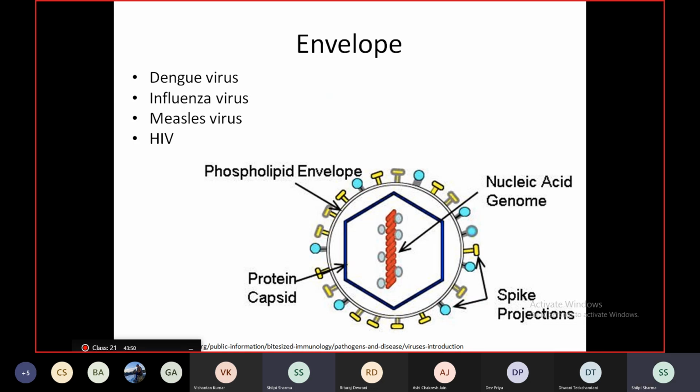Now there are some viruses which have an additional covering called the envelope, which is usually derived, like I said, from the host cell membrane. It is made up of a lipid bilayer, the exterior of which is impregnated by virus-encoded membrane proteins. I mentioned to you that there could be modifications of the cell membrane of the host. These are the modifications that you observe. So enveloped viruses often display such spikes or knobs.